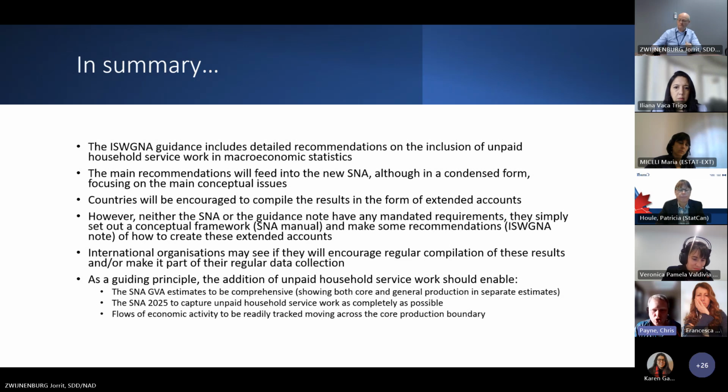So it's about trying to get that comprehensive view of all of the value of the economy, not just what's in GDP in the first place. The 2025 SNA should capture household service work as completely as possible to meet that objective, and having a good breakdown of the different types of activity within those estimates should also meet the aim of trying to capture or be able to measure the flows of economic activity sort of moving between unpaid household services and